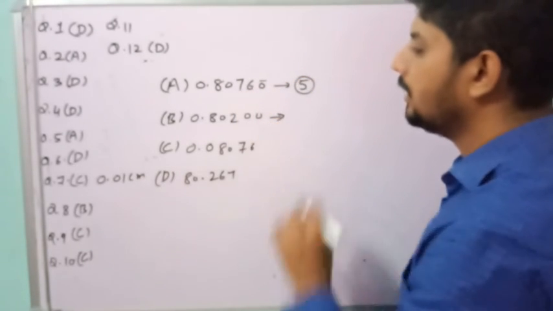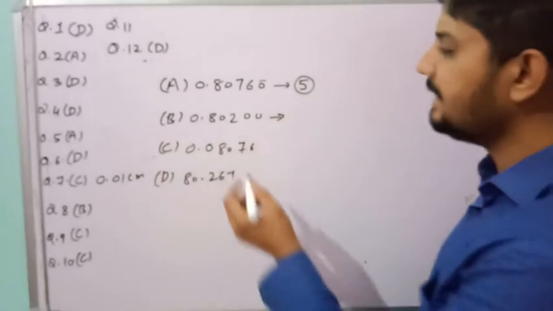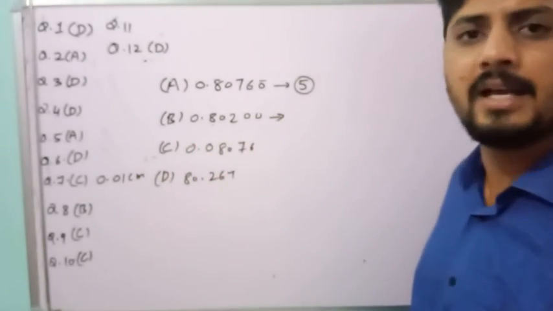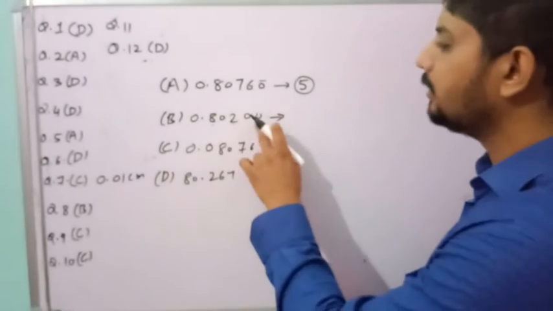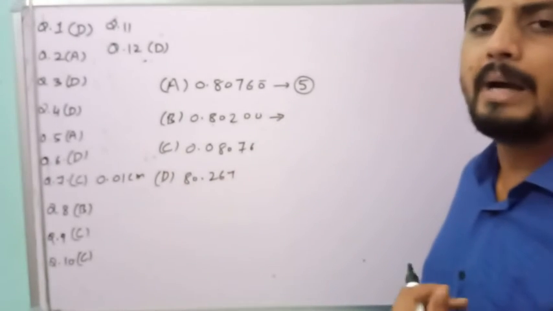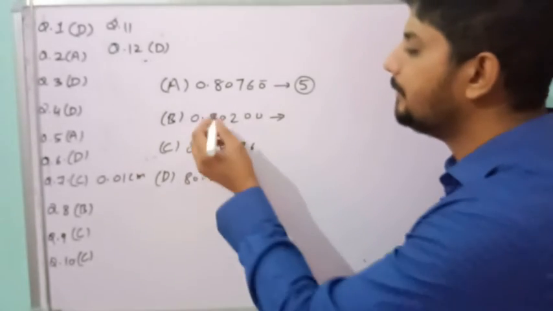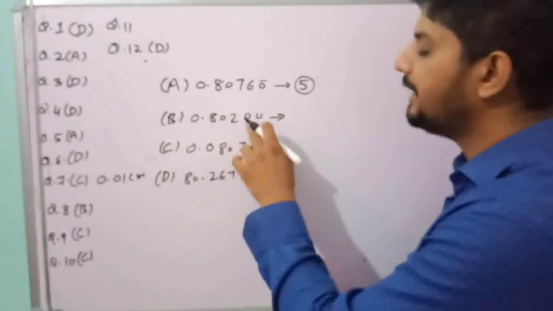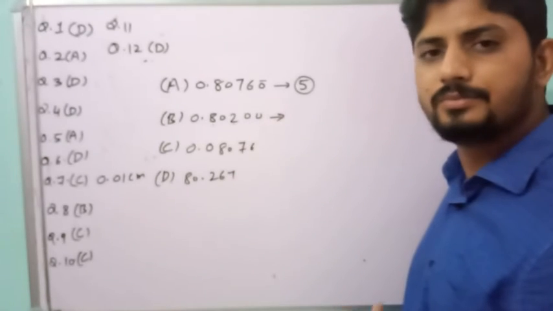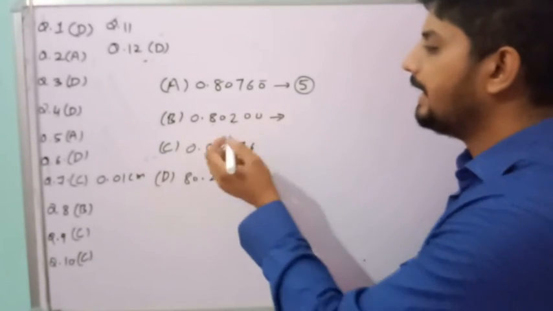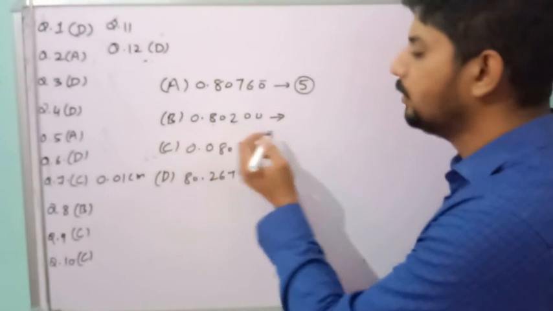In option B, here again this 0 is being trapped between the two non-zero digits. So of course this is going to be considered as significant. These two zeros are trailing zeros, so you have to see whether your number is decimal or non-decimal. Here you can see the number is decimal. So of course these two zeros are considered as significant. So number of significant digits here as well will be 3 plus 2, 5.